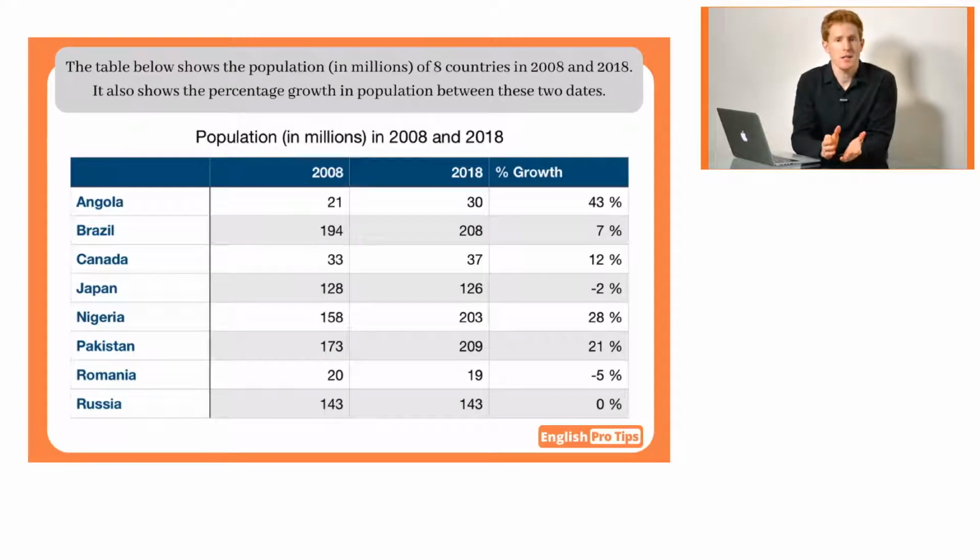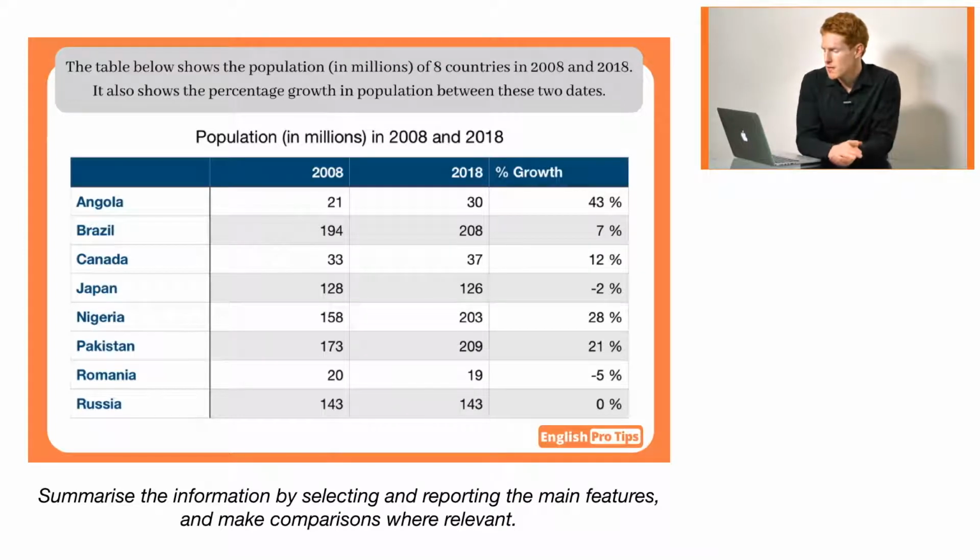In today's lesson, we're going to be looking at how to get a high score in academic task 1. Now, for this lesson, we're going to be using this. It's an academic task 1 question, and the graphic is a table, which is very common in IELTS writing. So the rubric says, the table below shows the population in millions of 8 countries in 2008 and 2018. It also shows the percentage growth in population between these two dates. And as always, the rubric would say, summarize the information by selecting and reporting the main features and make comparisons